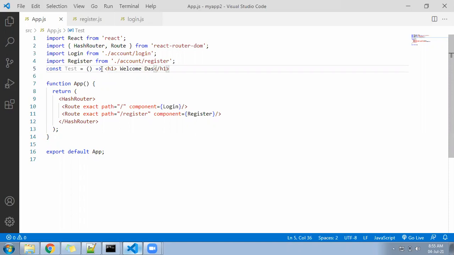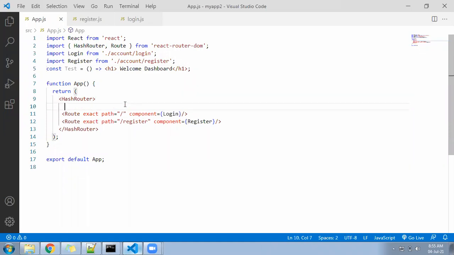dashboard. You wait, or you can write the first line. This line you can write, okay? Because I will be changing the line also. So in that case, I just ask you to wait.